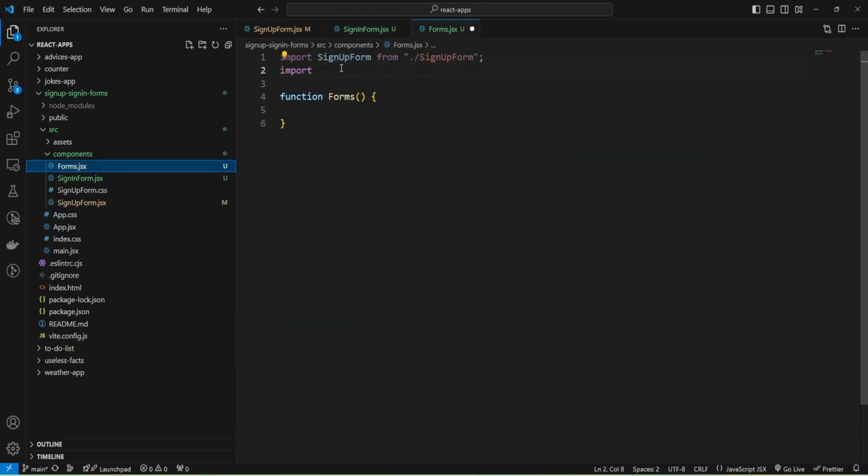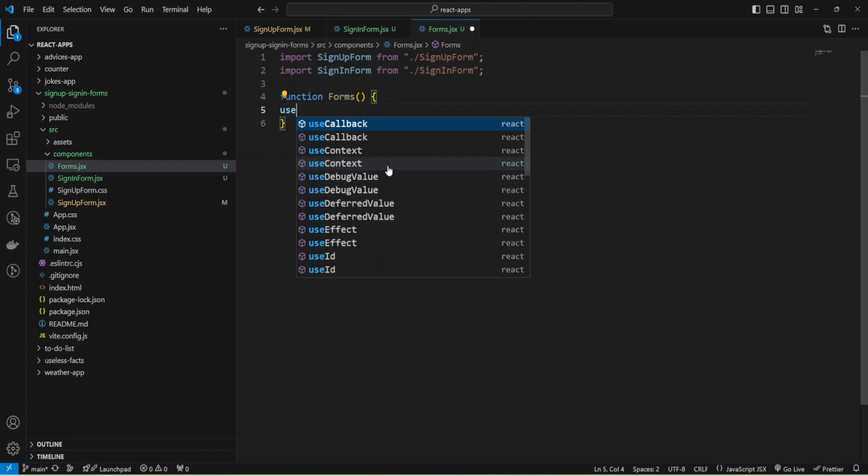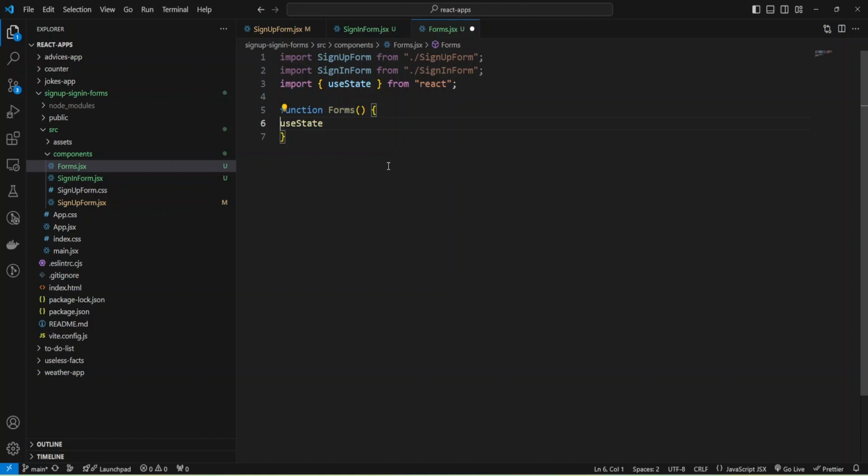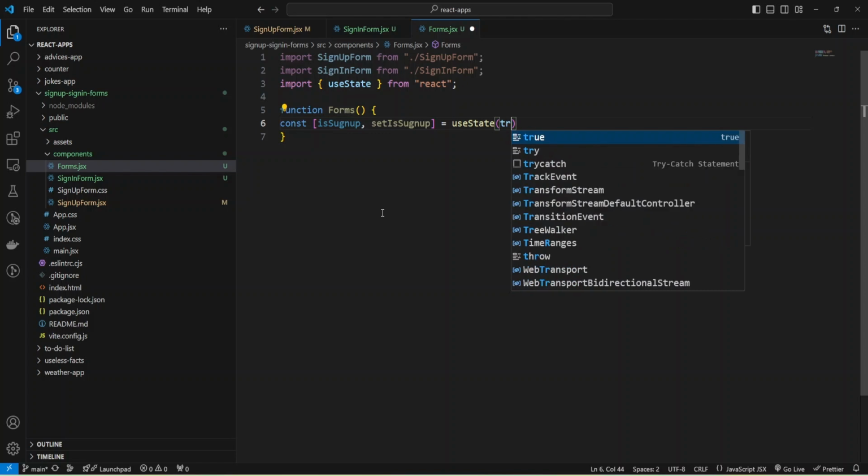And now I can import my form, sign in form, and inside forms I'll use the state hook and save the value into the variable isSignUp, and setIsSignUp, the function to modify the state, and initially the value will be true.